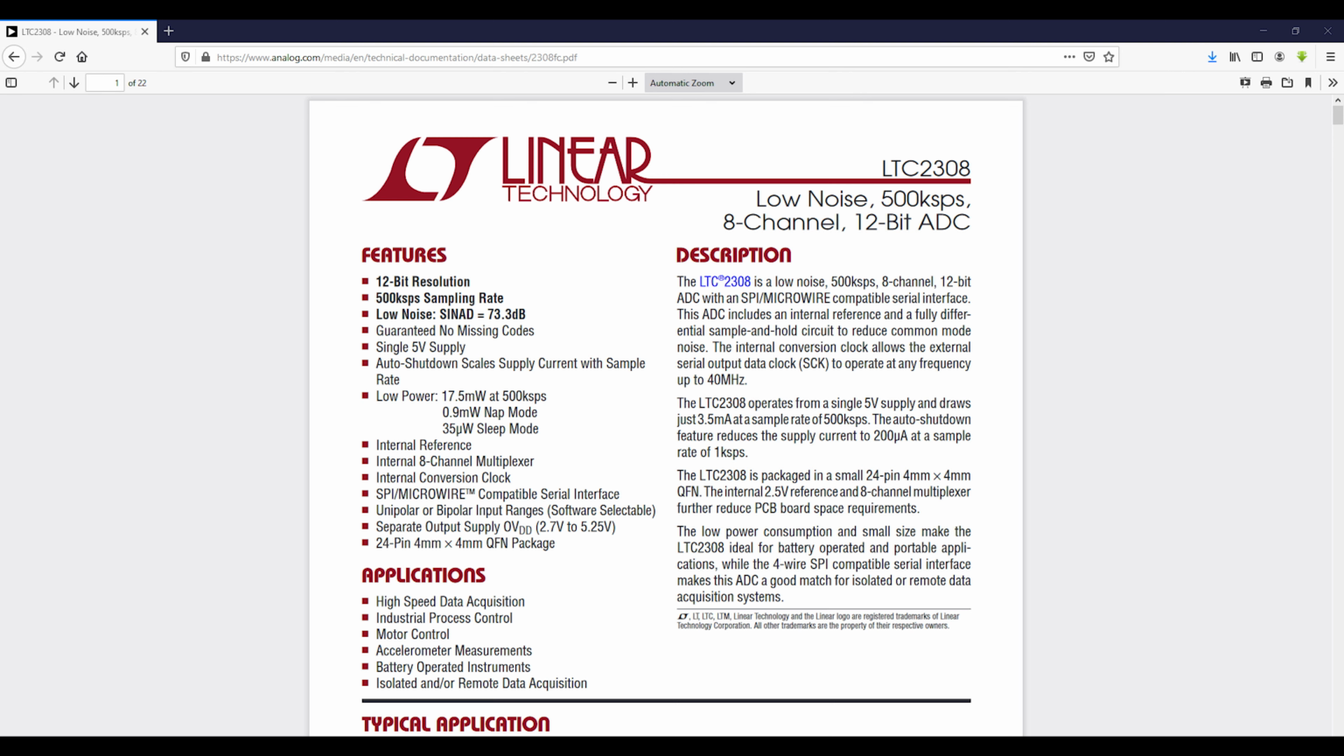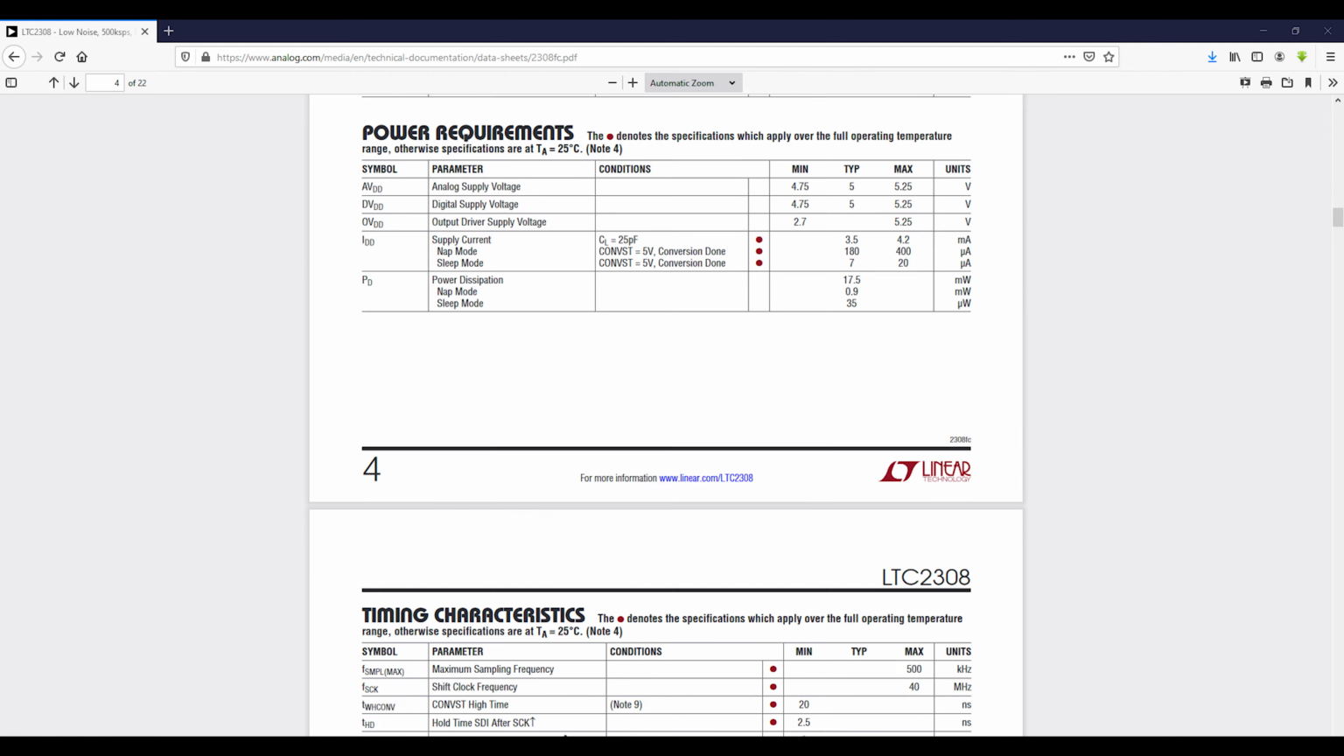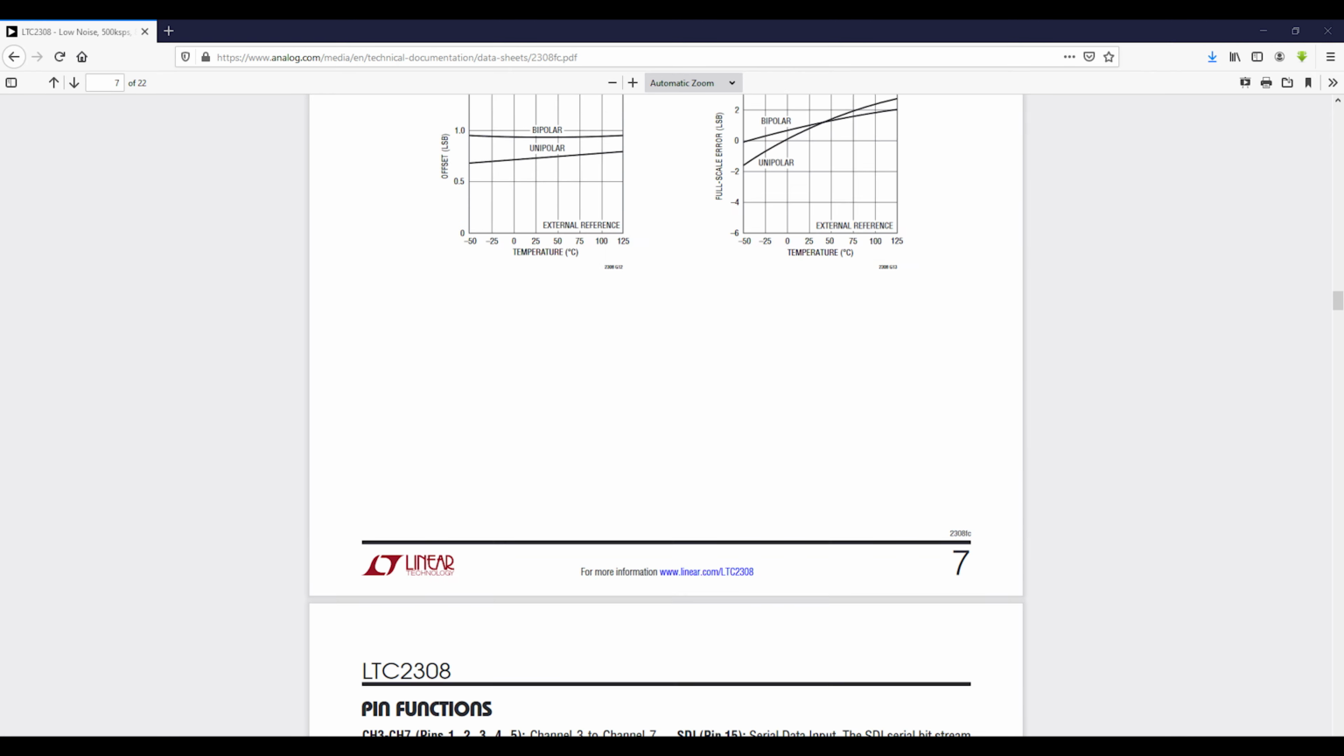Now let's take a look at the LTC2308. It's a 500 kilosample per second A to D converter of 12-bit resolution, and it has a maximum of 8 channels. We only need to use 2 of those channels, so our maximum sampling rate will be 250 kilosamples per second. Now, in terms of interfacing to this A to D converter, the first place to look really